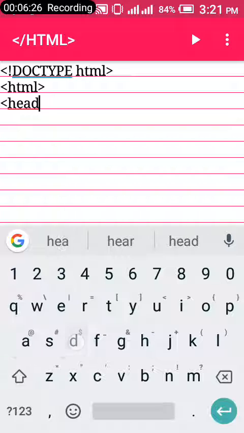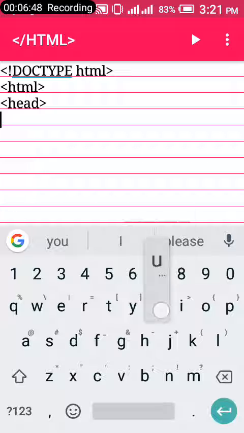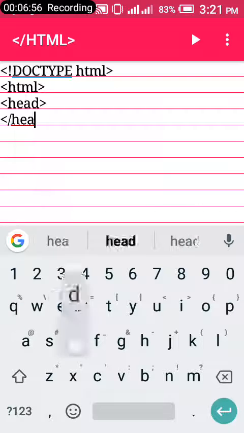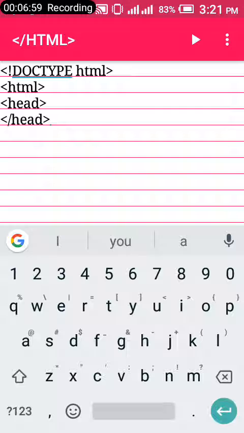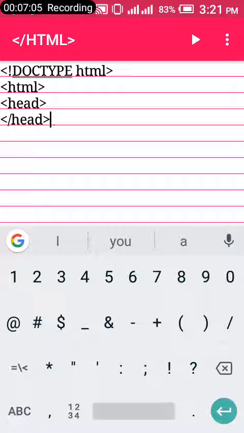You declare your opening head tag. Now, how to differentiate the opening or starting tag of any HTML element from the closing or ending tag is this. When you see an HTML tag just like that, having nothing else on it, it's the opening or starting tag. But when you see it like this, let me just go ahead and close our head. Though it's not yet time to close it, right now it's in the open head, so I'll go ahead and close the head. So in HTML, for you beginners, once you see any tag having the forward slash, the slash like this one that is going to the right,